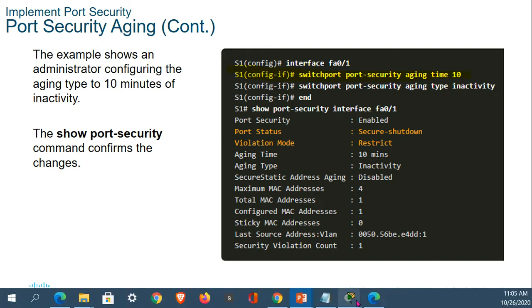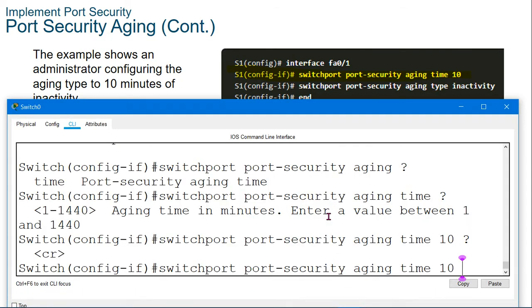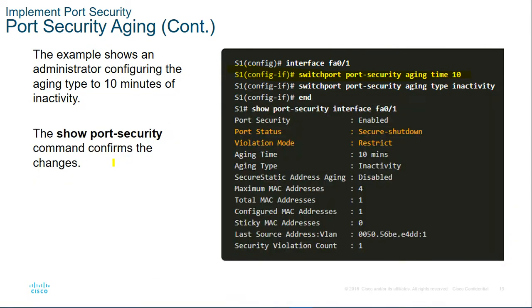Let us try one more time whether we are able to configure the aging type. If I type the command aging type, the iOS is not understanding the command type. This is due to the problem of the iOS. Don't worry. This iOS recognizes only the time. It does not recognize the type. No problem, leave it.